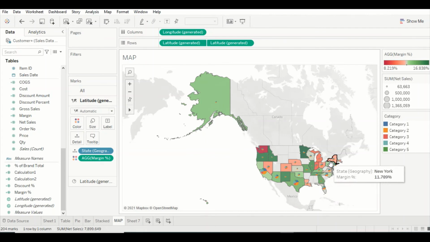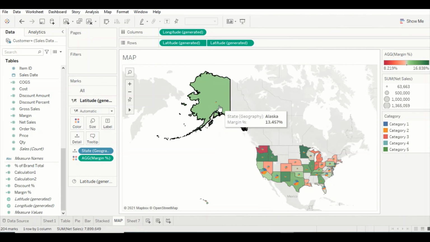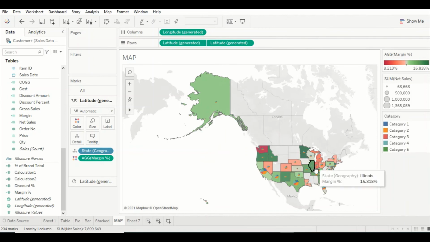But can we communicate a message only in terms of positive or negative or some ranges? That also we can do. I can create some measure and then color based on that also. That is one more thing we can do. Right now, looking at the picture, Alaska is one place whose sales I'm currently not interested in. I would like to see only this portion.